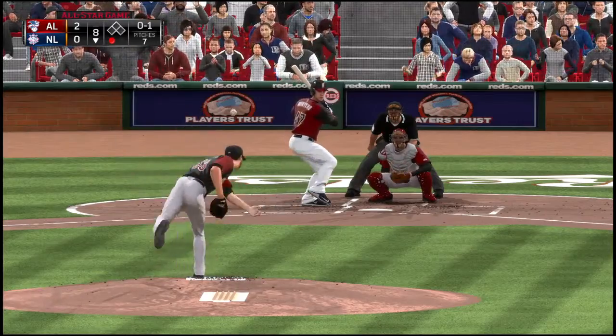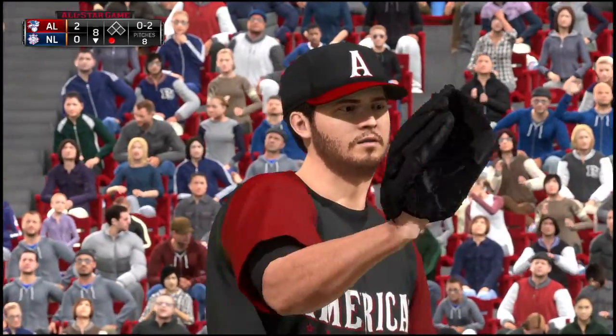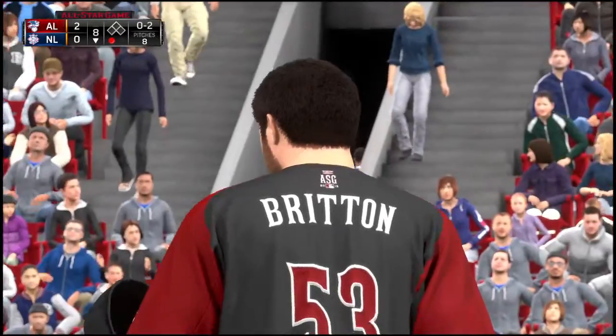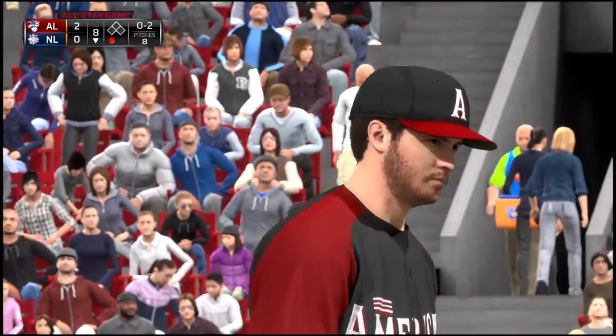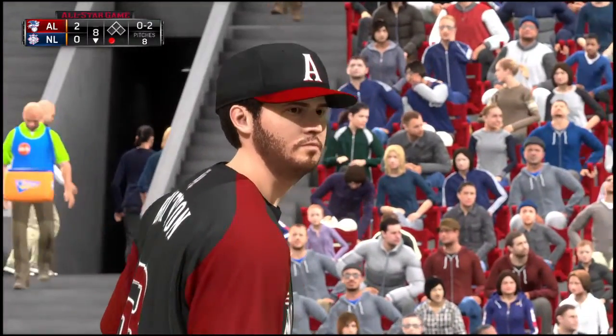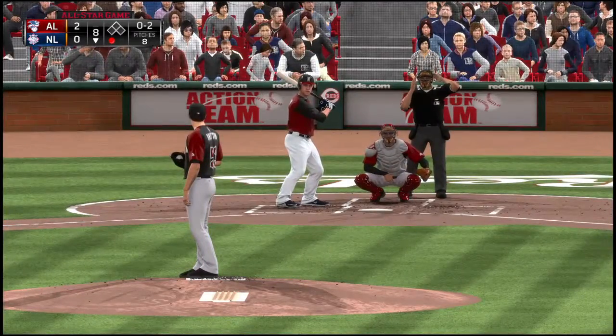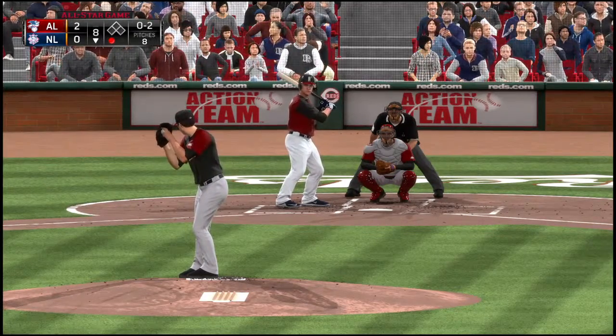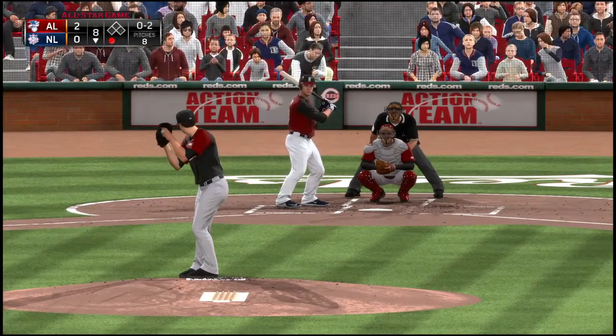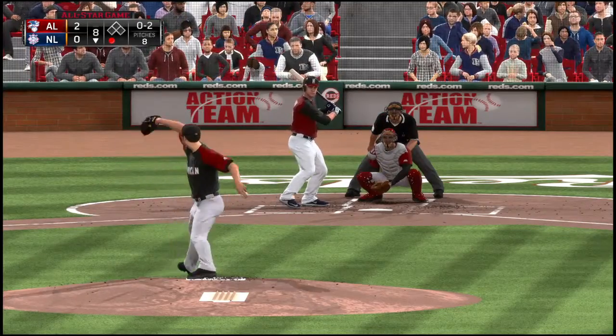Montero waits. Now the pitch. And this is swung on and missed that time by Montero. No balls and 2 strikes now. And he's always so tough on left-handed hitters. That slider is just so difficult to pick up. Here it comes.